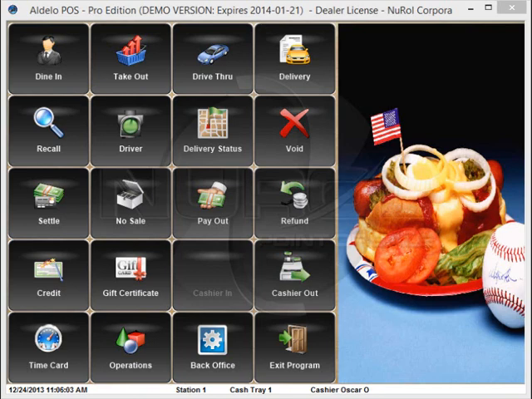Aldelo's POS depth of features allows it to work within almost any type of restaurant: table service, fine dining, counter service, delivery, pizza, diner and cafes, just to name a few. There are several key features that allow AldeloPOS to outshine most hospitality packages, which I'll cover some of during